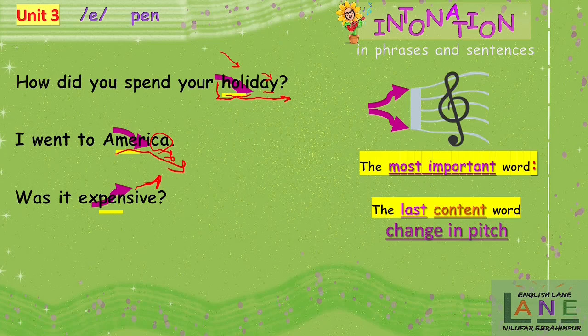Was it expensive? Yes, very. Again? Yes, very. What do you hear? Rising or falling intonation? Yes. Very. Well, stressed. There is stress on "very". And the intonation was falling. Yes, very. Not yes, very. Yes, very. Or the second answer could be